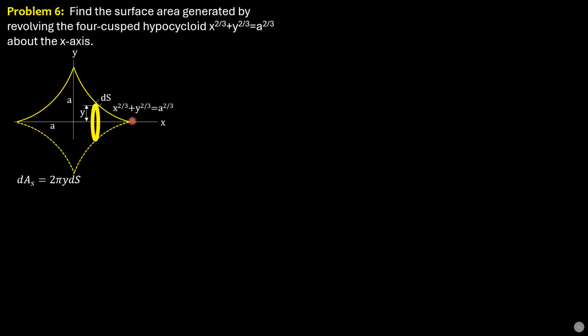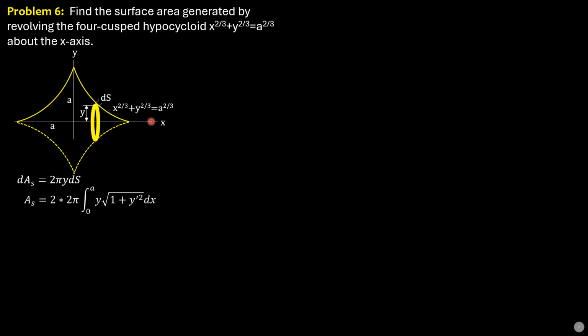So area S therefore is 2 times 2 pi integral of y, then square root of 1 plus y prime square dx. Since this is the equation of the four-cusp hypocycloid, later on we'll have the parametric form and evaluate the integral. It might be simpler to evaluate than the situation here.